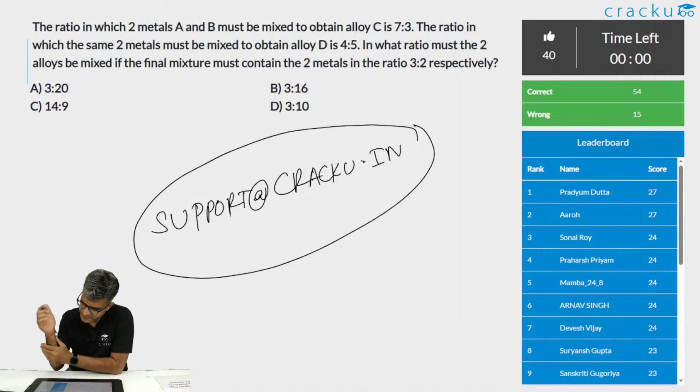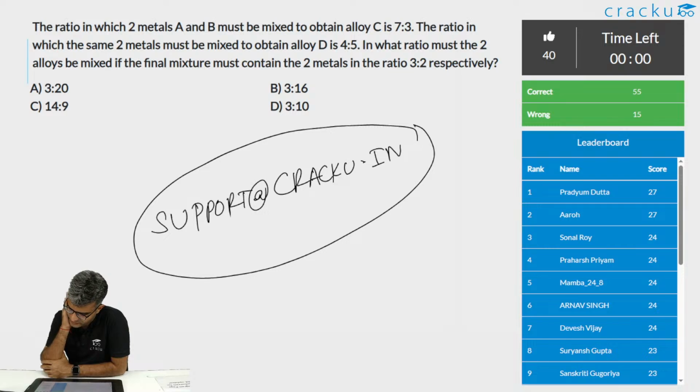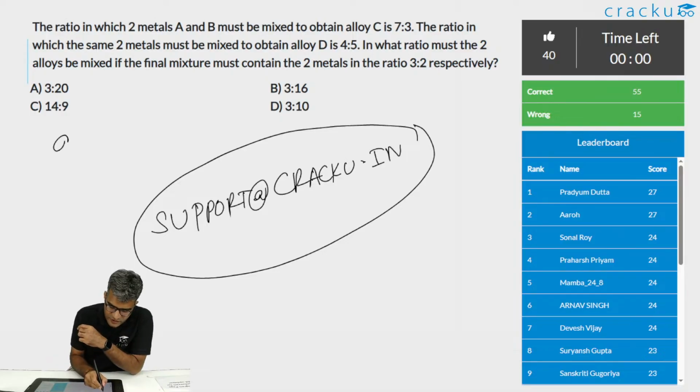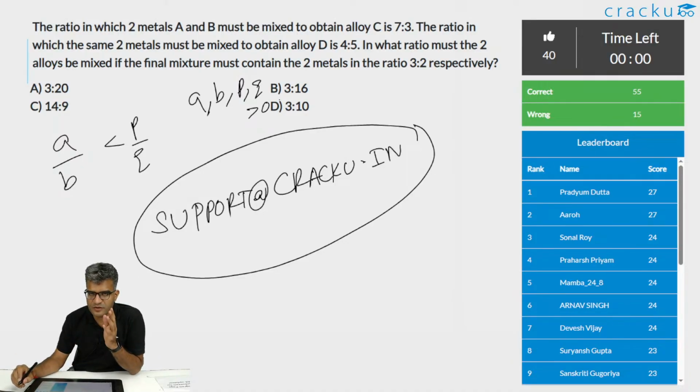Moktik is saying, sir, 1 by minus 2 is less than 1 by 2. But 2 is not less than minus 2. How to modify the inequalities equation for cross multiplication? When I told you about the cross multiplication, a by b is less than p by q, I assumed that all of them, a, b, p and q, are greater than 0. If they are less than 0, we should be a lot more careful.